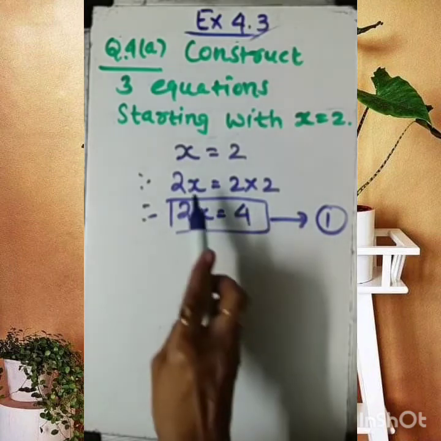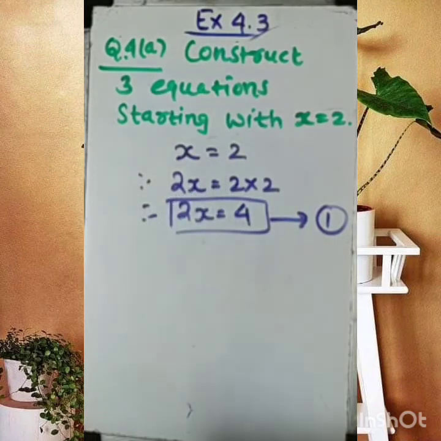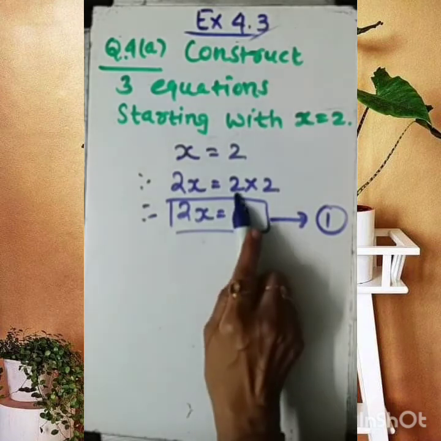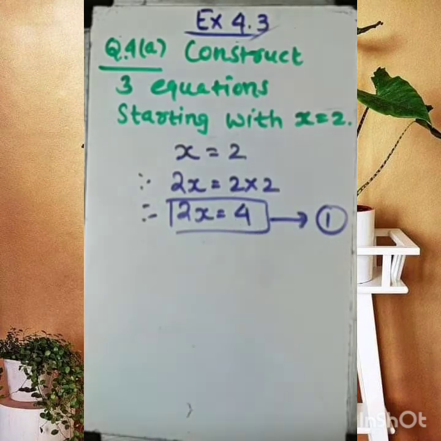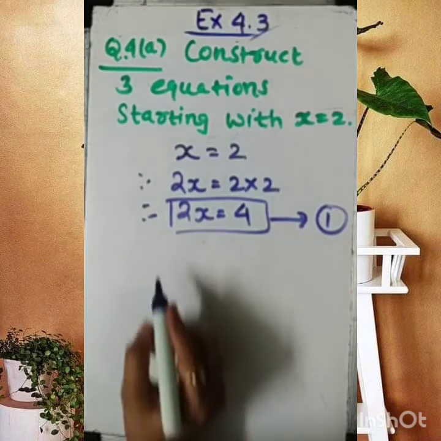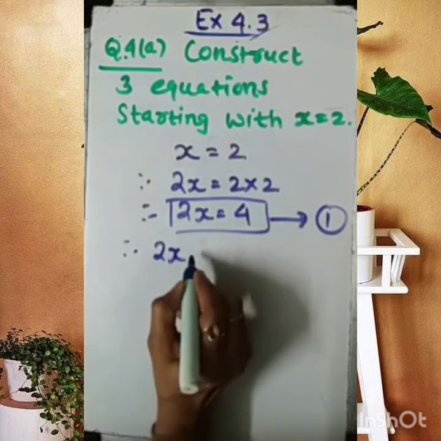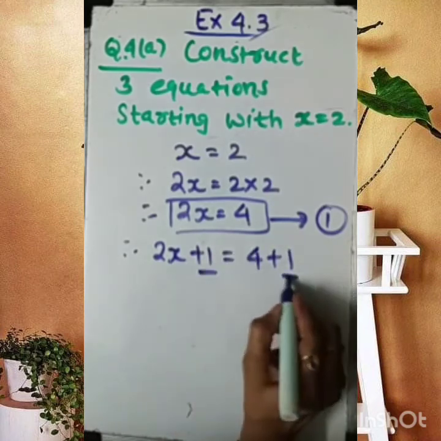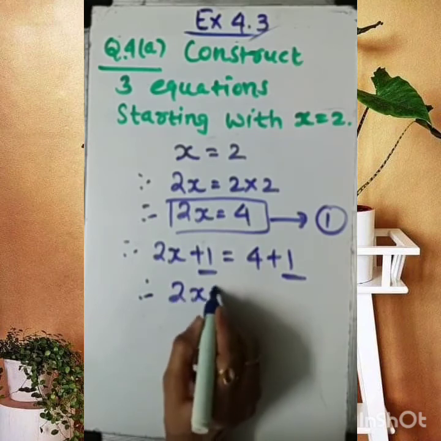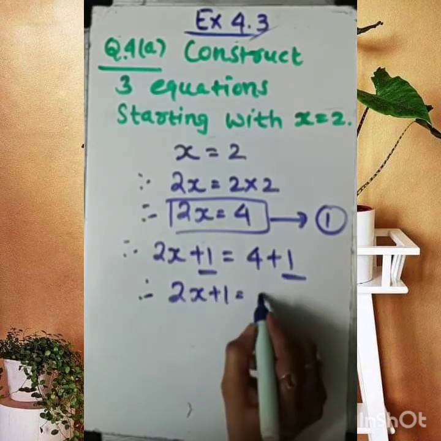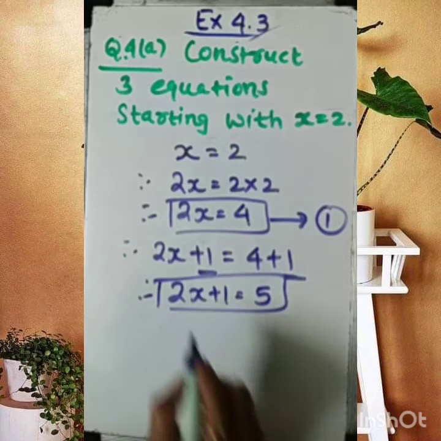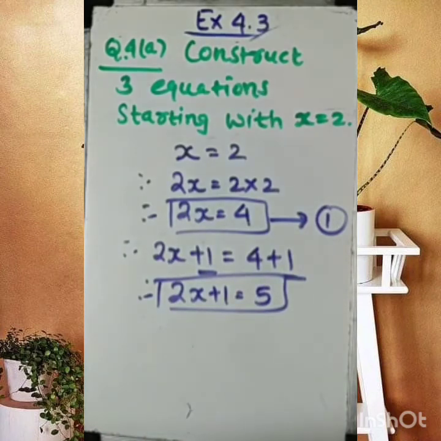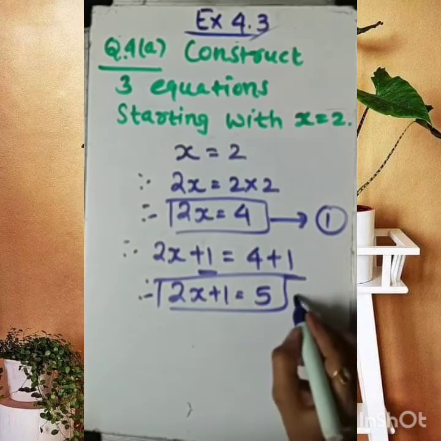If I want to multiply this x with minus 2, in place of 2, if I am multiplying with minus 2, then minus 2 multiplied by 2 should be minus 4. Got it? So now what I'm going to do in this, only I'm adding 1 in both the sides. If I add 1, you can see 1 is here, 1 is here. So the simplification will become 4 plus 1, that is 5. So the simplification is coming, this equation 2x plus 1 equal to 5. So this is also the second equation, okay.